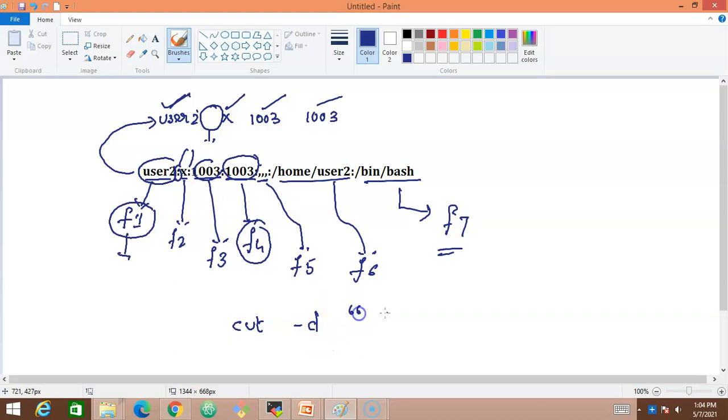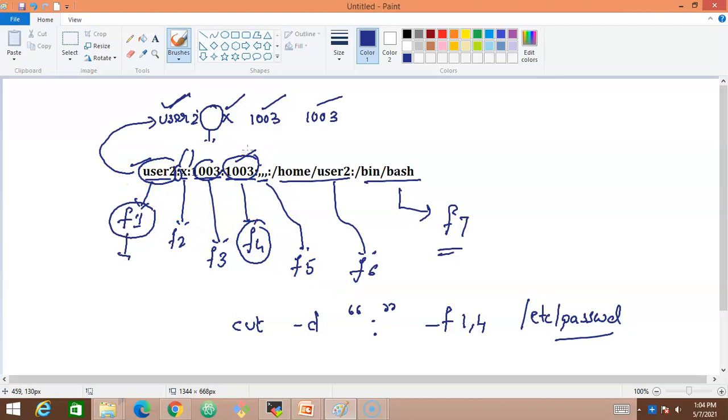The delimiter is in double quotes. Specify the delimiter as colon. You say, okay, the delimiter is colon, and I would like to cut what fields? 1, 4. So -f 1,4 and the file name /etc/passwd. This is going to print only the username and the group ID.